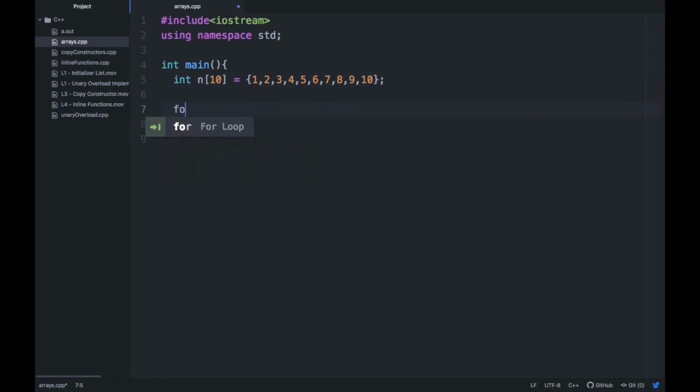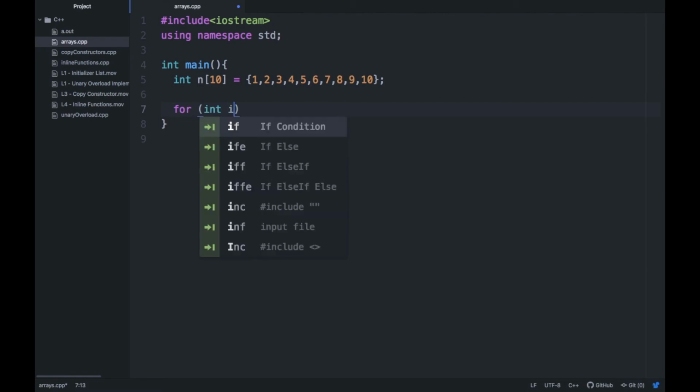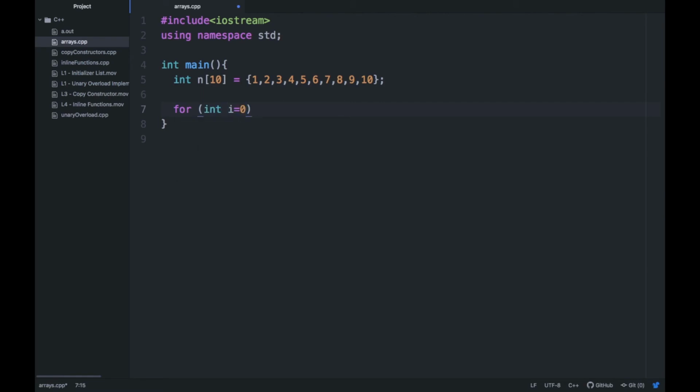For printing this array, you have to use a for loop, which could be like this: for int i equal to 0, i should be less than 10 and i plus plus, and then you have to write cout here and keep accessing each element using n[i], and then you can provide some space here. When this loop ends, you can provide endl at the end, right?